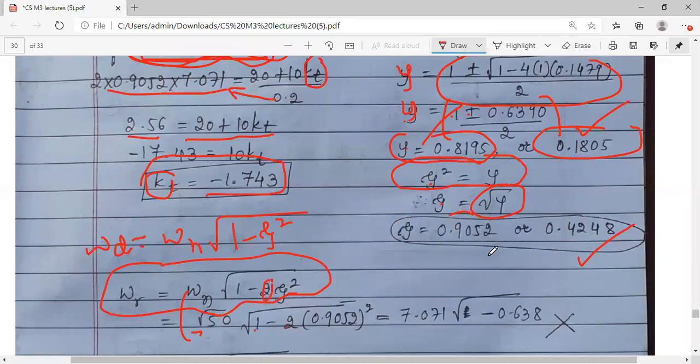So first time I will take 0.9052. So if I calculate, I think I will get a negative term in the root. Okay, so it will be imaginary, a j term. So I'm not considering this. Okay, you cannot have the resonant frequency imaginary. Practically speaking, for any circuit, your resonant